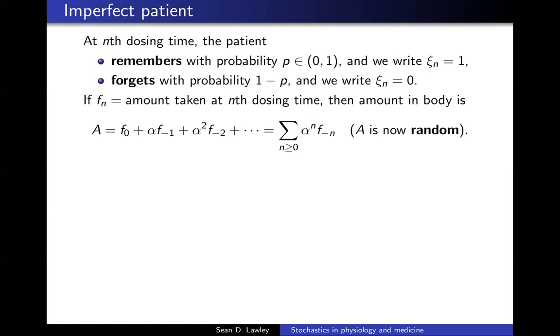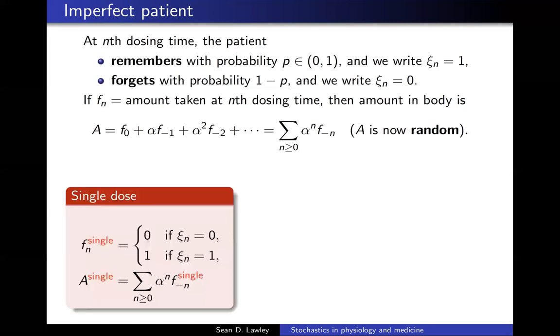And so what we want to do is study this random variable, which is the amount of drug in your body for a long time. And we'll study this random variable under two what I call dosing protocols. So this first one in red here at the bottom, I'll call the single dose protocol. And in that protocol,